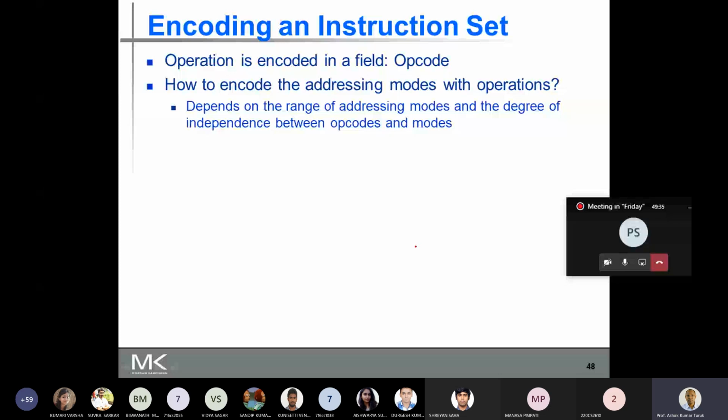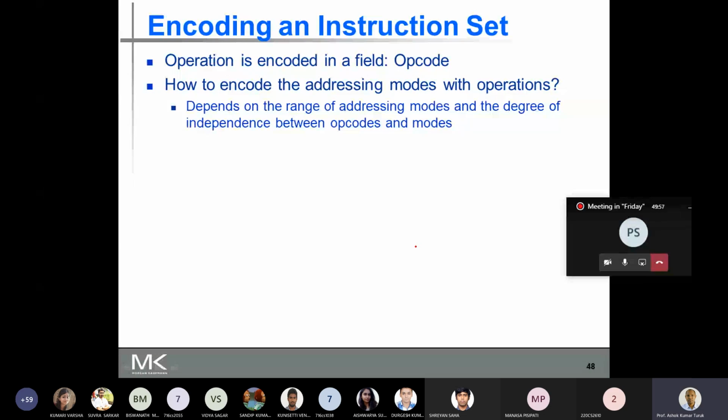Now, the operations are encoded into a field called the opcode field. Then all the operands must be encoded into a field from where you can extract the operand.